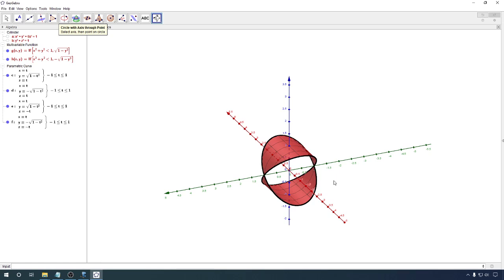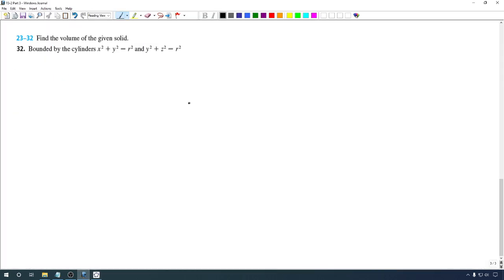Now, we did actually work with a circle before. We dealt with the circle x squared plus y squared equals 4, and we noticed that was both a type 1 and a type 2. And so we can actually set it up either way. So I'm going to go ahead and set this up as a type 1. Keep in mind what we're doing there is using x squared plus y squared equals r squared and solving that